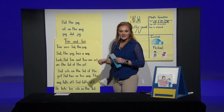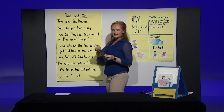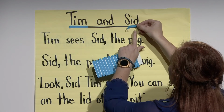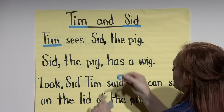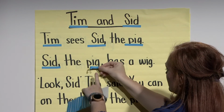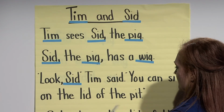Now it's time to go to our text and read. The title of our story today is Tim and Sid. So we're just going to locate our words that contain our skill today. So in our title, we have Tim. We have Sid. Tim, Sid, pig, Sid, pig, wig, Sid, Tim,